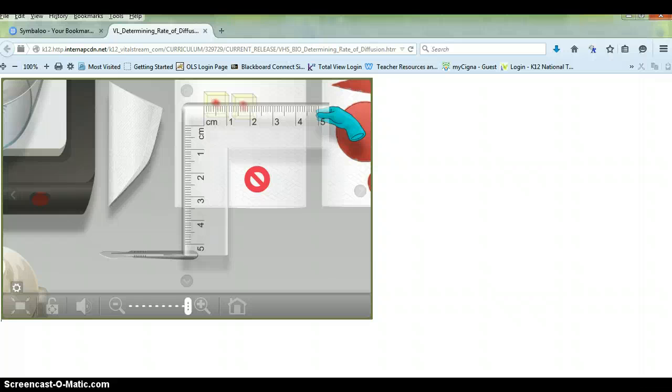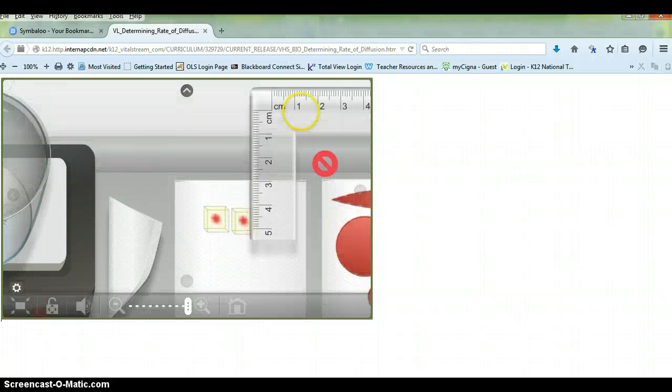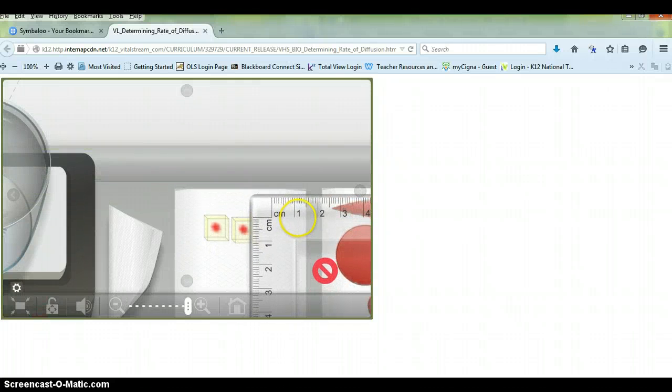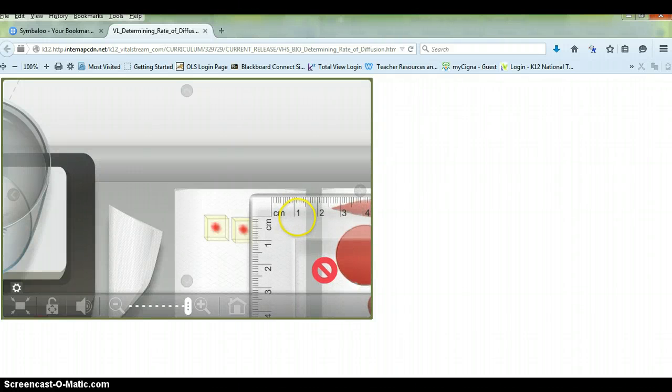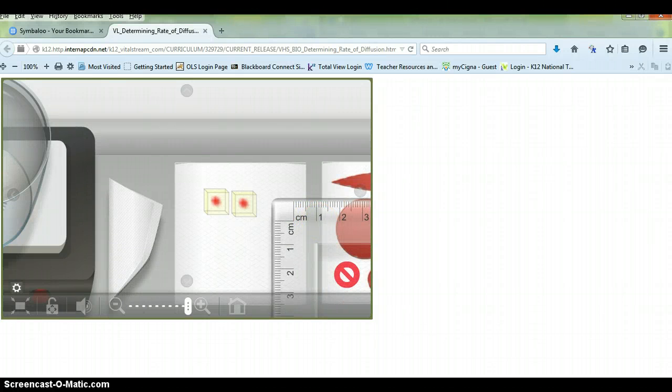The vinegar has moved into the agar and changed the indicator to a clear color. All right? I'm just doing it on the left cube. Okay? You could do it this way too. Again, lining up the 0.0 on the longitudinal side, the long side, with the outside of the agar cube, and counting how many millimeters, those little tiny slash marks, until you see the red. So again, it's about 3.5 millimeters, okay,